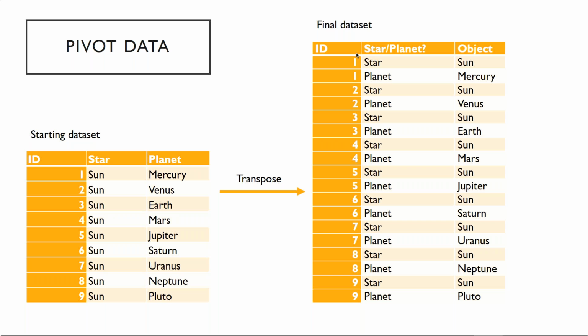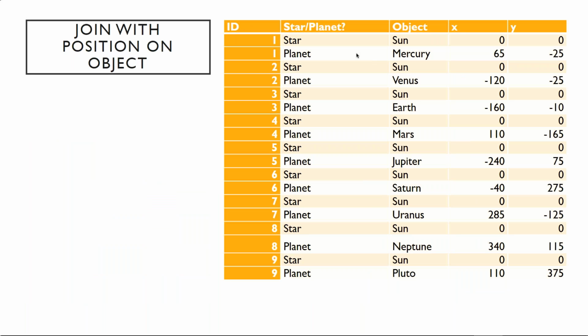And in this case, in Alteryx, we'd be selecting ID, I think, as a key field, and then these two fields, star and planet, would be the ones that would be the data fields that we transpose. So then, and there are many ways of doing this. Benedetta showed me her workflow, and it's completely different to the way I did it, but it's probably at this point which I'd